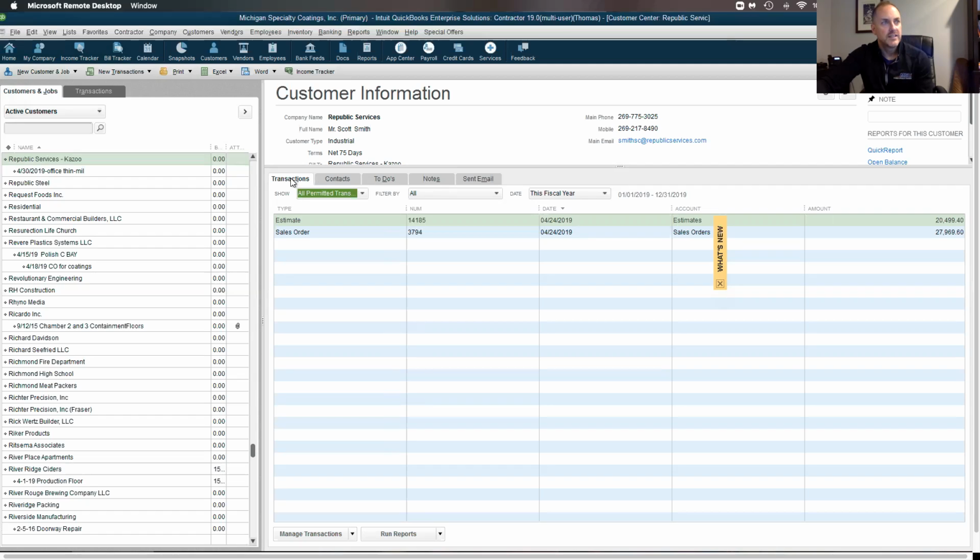Back here under transactions, right now, underneath Republic Services, the company itself, I'm seeing all the transactions within their Kazoo facility, which happens to be the one that you're most recently working on. Also, yesterday we created a file or a job for Republic Services that's going to start on April 30th, right? So in that April 30th